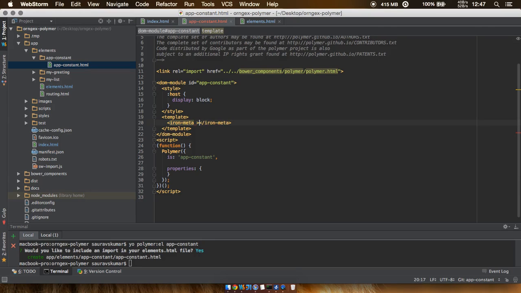Okay, and the iron meta tag actually takes in two things: the key, which I'll just name app name, and the value, which you can name anything you want. I'll just name it Polymer App. Okay, so once you have done this, the next thing that you have to do is